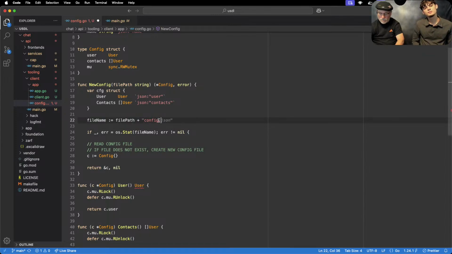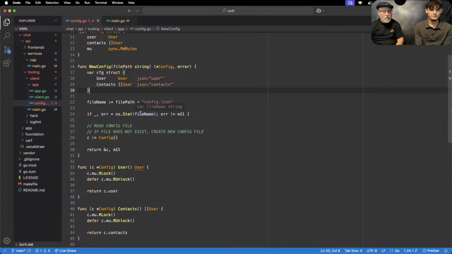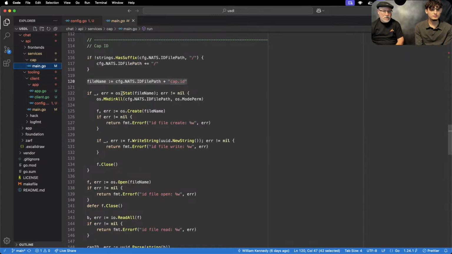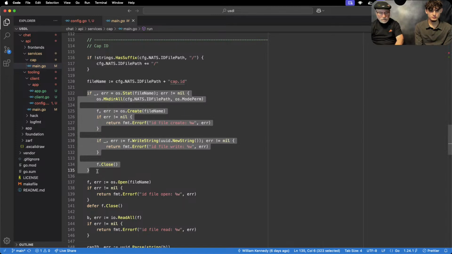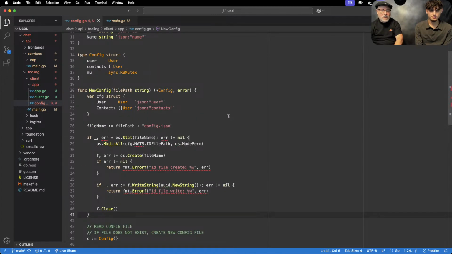And maybe we call it config.json just to make it easy. So this is going to be somebody else's problem right now, but wherever that is, we'll create that file path, right? Then what we did here is we determined if it existed. Let me just take all this in. And if it didn't exist,